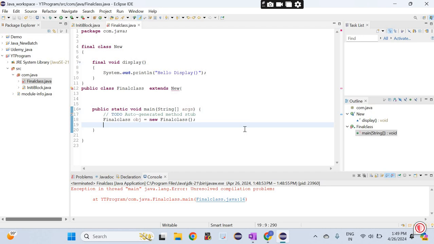The question can be asked in your interview: what is a blank or uninitialized final variable? If you are not initializing a variable, what is it? Suppose I have written one variable here, final int data, and I didn't initialize it, so that is called a blank final variable. You can assign it inside the constructor or initializer block, the same concept which we have covered.